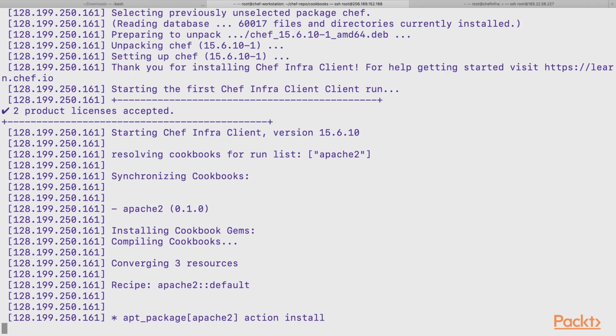Very important point. In section 1, we saw that whenever two servers are communicating with each other, we had updated the /etc/hosts file. So chef-node1's IP address and name is updated in the Chef Infra server, and in the same way the Chef Infra server's IP address and name is updated in chef-node1 so that they can resolve each other by name. This process will take some time. It will take some time to install and then configure. So let's wait for it.